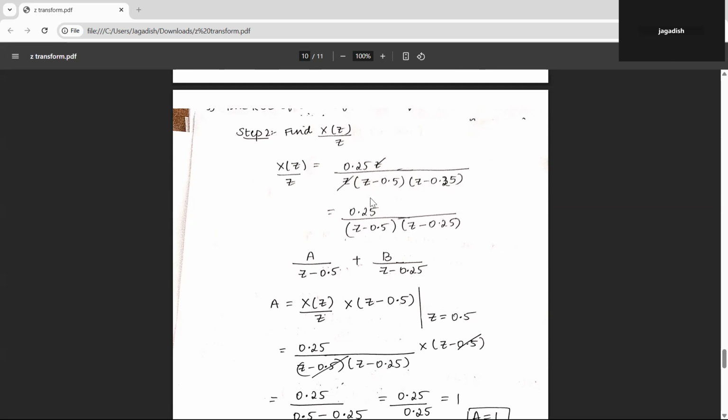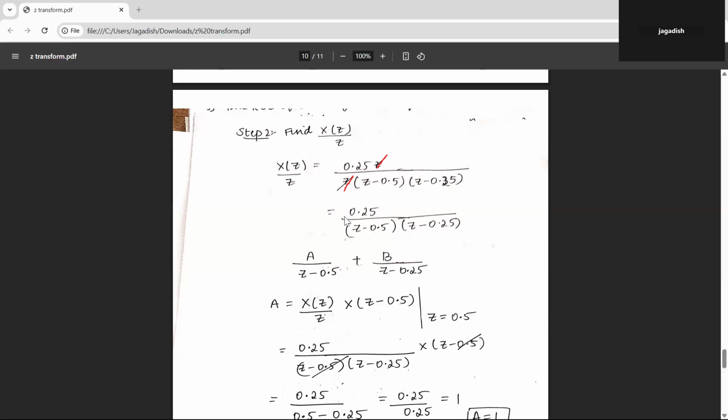So 0.25 divided by Z minus 0.5 into Z minus 0.25, where this Z and this Z get cancelled, giving 0.25 divided by Z minus 0.5 and Z minus 0.25. Now we have to use partial fractions. So this is of the form: